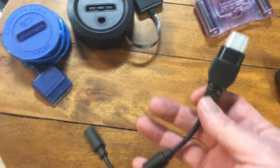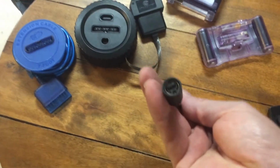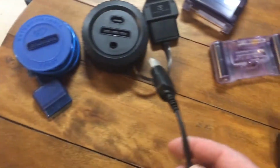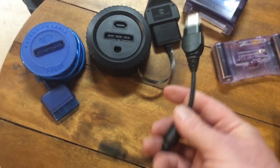Now, the original Xbox. This particular item is a breakaway piece. This would fit into the other end of the controller, and then if someone did walk by, like they did with these, it would break away, and it'd probably still knock your Xbox on the floor. Well, I would think that...